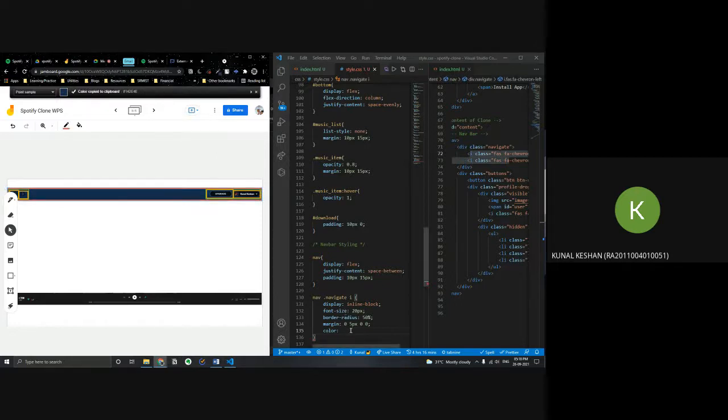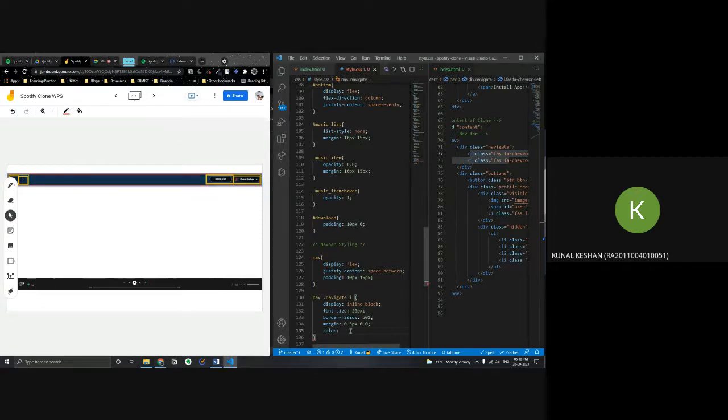I've already gone through this before. So the font color we'll be putting here is RGB, and it's a grayish type. So 828282 over here, and when the mouse comes over it, it should be a pointer type.